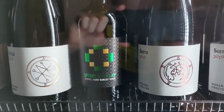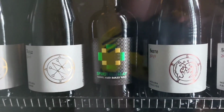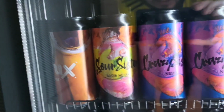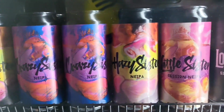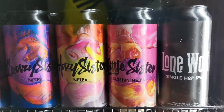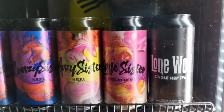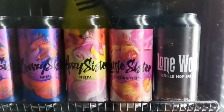They have this beer here, which really caught my fancy, the Spirit of Isla, a barrel-aged barley wine. I can imagine that would be an absolute monster. So maybe I need to have a little look at that. But yeah, they have the Crux, which is a Gose, the Sour Sister, Sour New England IPA, the Crazy Sister, New England, the Hazy Sister, the Little Sister, which is a Session New England, Lone Wolf, which is one of the old school beers I tried, brewed with the Styrian Wolf,